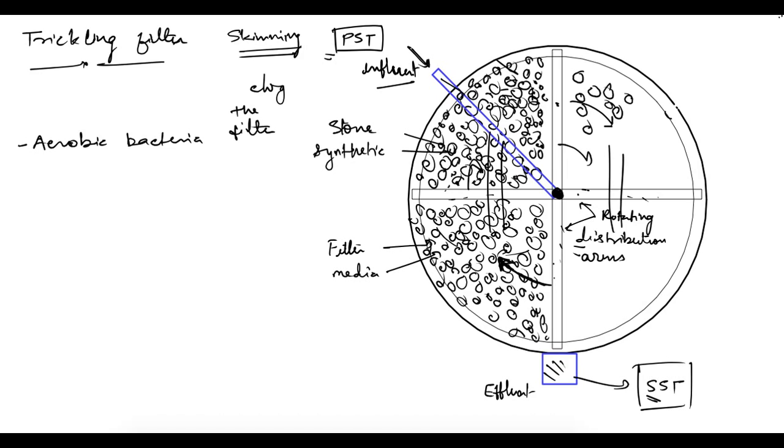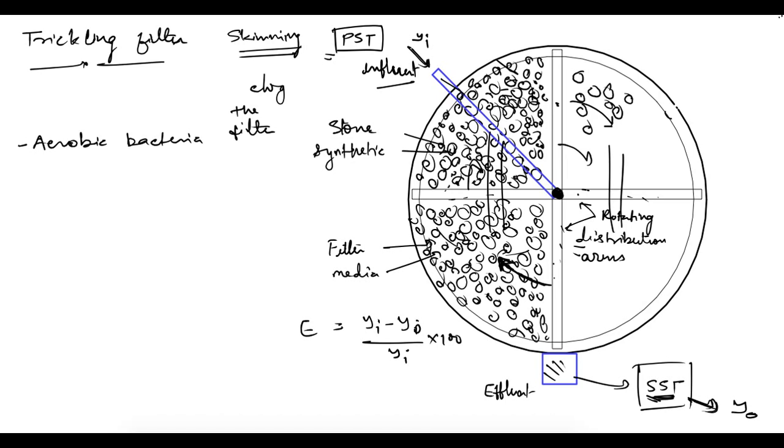So how can we find out the efficiency? This efficiency is found out after the sewage has settled in secondary sedimentation tank. Let's say the effluent from the secondary sedimentation tank has a BOD of Y0 and influent here is having a BOD of Yi. So efficiency we can write as E is equal to (Yi minus Y0) divided by Yi, that is initial minus final divided by initial. This will give you efficiency of this trickling filter.